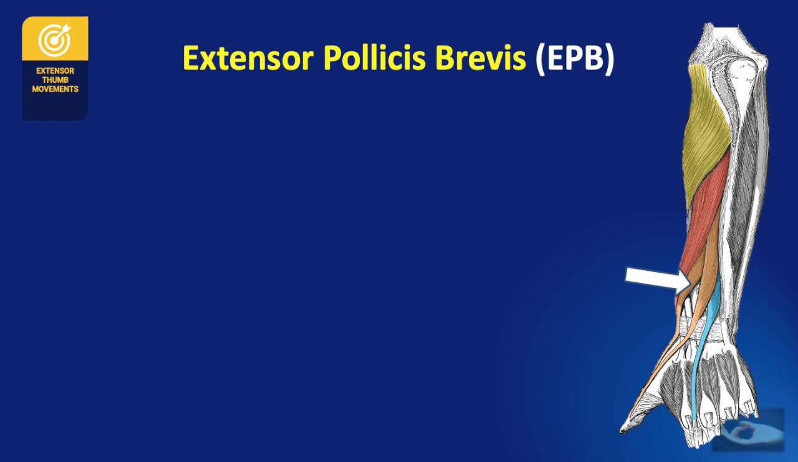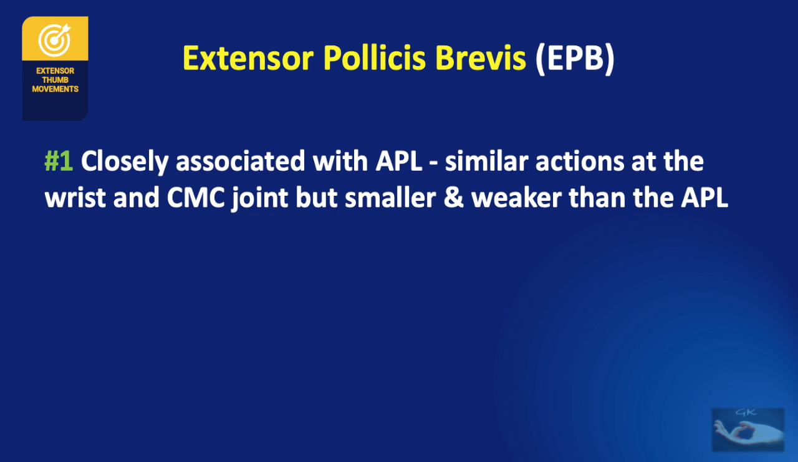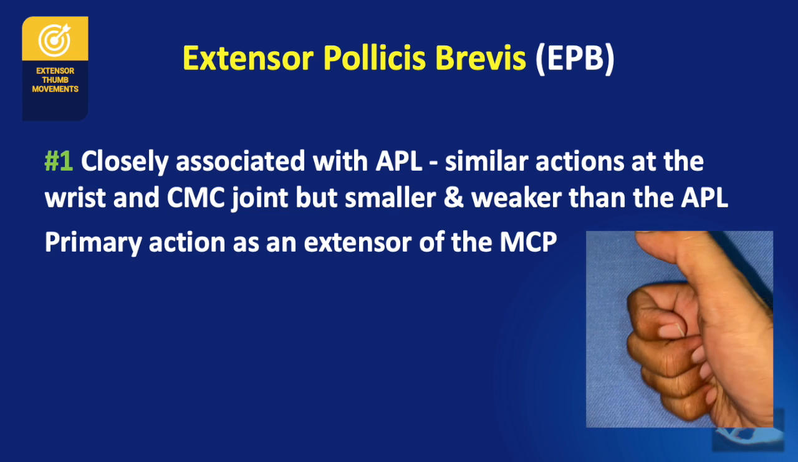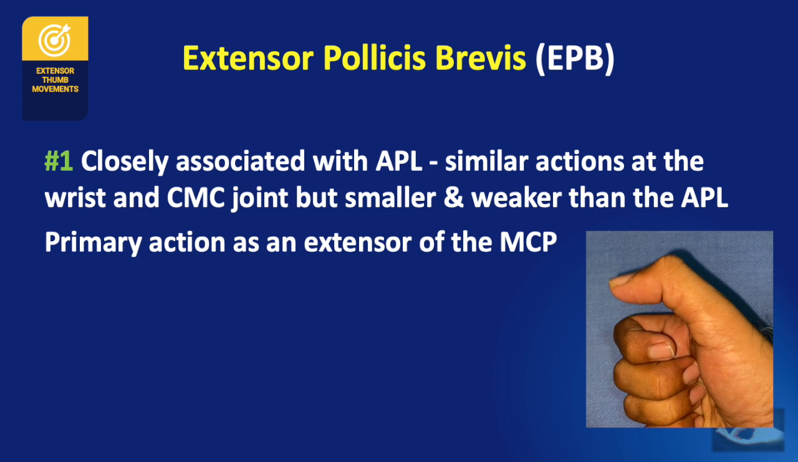The extensor pollicis brevis muscle, inserted into the dorsum of the proximal phalanx of the thumb, is closely associated with the abductor pollicis longus. It has similar actions at the wrist and CMC joint, but it is smaller and weaker than the APL. But the primary action of this muscle is as an extensor of the metacarpophalangeal joint of the